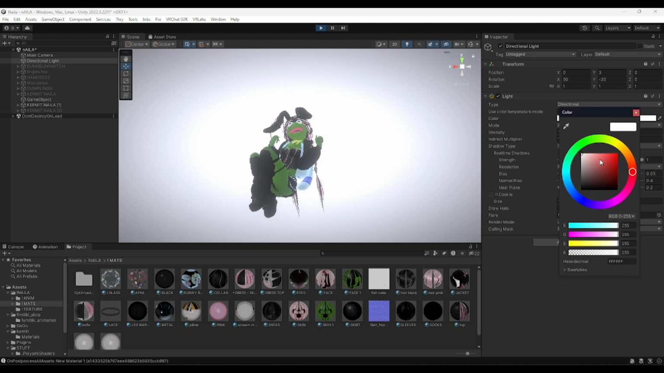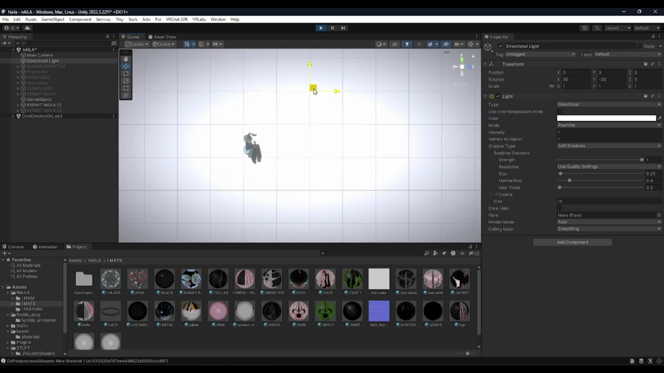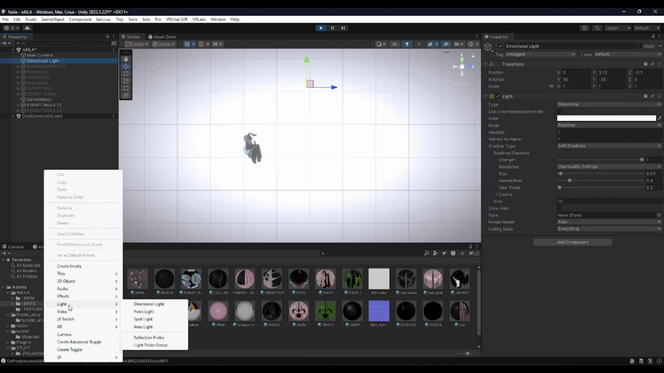Your directional light usually has a yellow tint, so I would make sure to change it to white or to whatever you want. It doesn't have to actually be yellow. Or you can create, if you right click in here and go to lights, I like to use the point light,